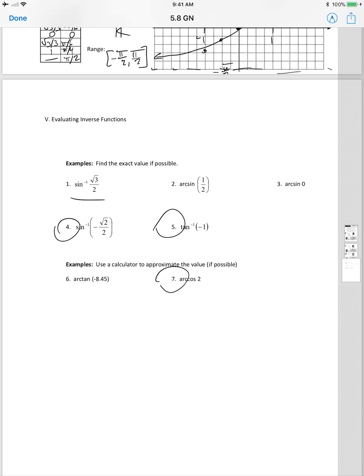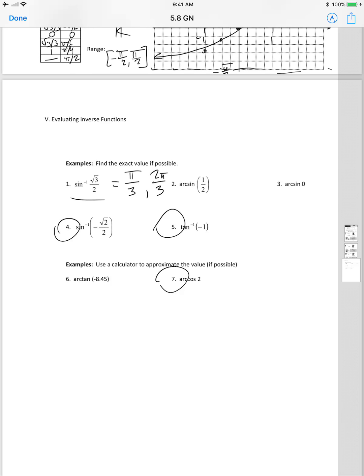Give you a minute to think about it. Now, we can think about the unit circle. Sine is the y value, so that's going to be at pi over 3. It's also going to be at 2 pi over 3,